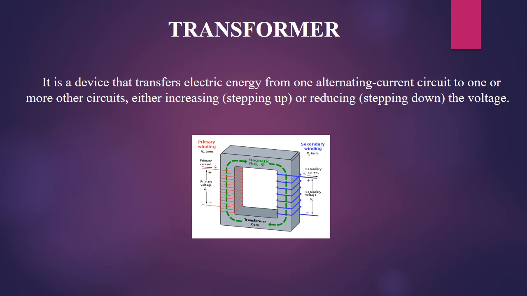Next, transformer. It is a device that works on the principle of electromagnetic induction. A transformer is an electrical device having no moving parts which, by mutual induction, transfers electric energy from one circuit to another at the same frequency. In the transformer, an alternating voltage is connected across one of the windings called the primary winding. In both the windings, EMF is induced by electromagnetic induction. The other winding is called the secondary winding.